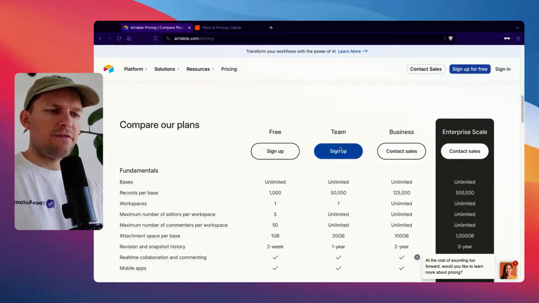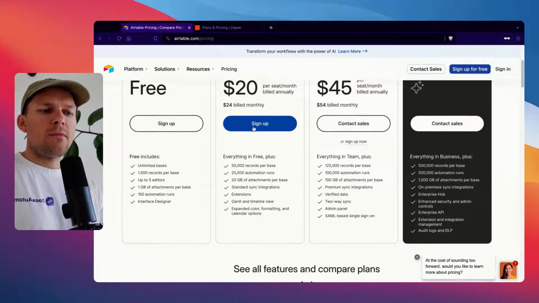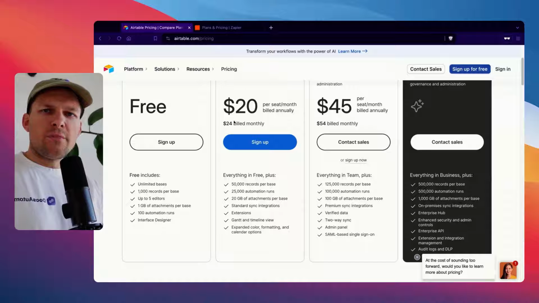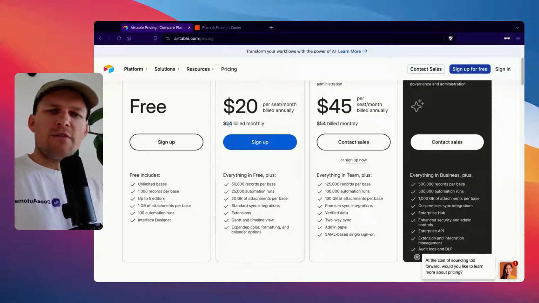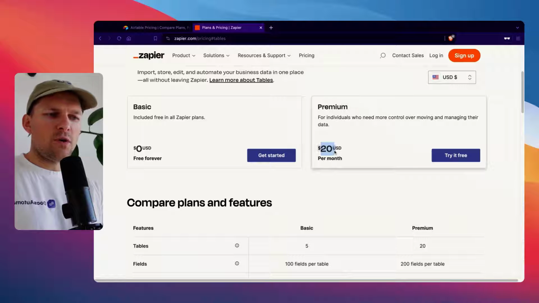Airtable has a 50,000 record limit on the team plan. And I think what's really important to say about comparing the prices between the two is that for Airtable you pay $24 a month per seat. For Zapier, for the premium one, you pay $20 per month just added to your account. And if you're on the team plan,